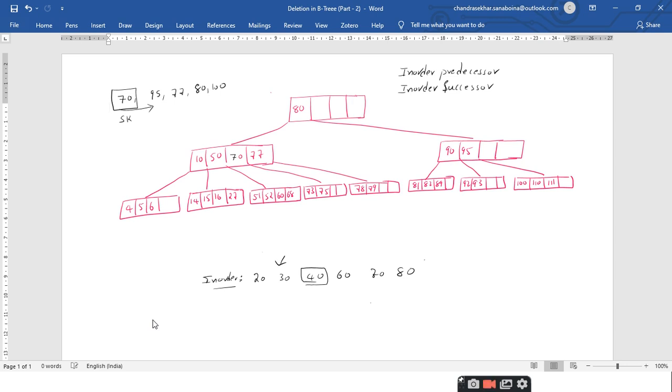Super. And what is the in-order successor? Successor is the element which comes after that element. 60, sir. It is 60. So this is successor and this is predecessor, right? So this is the in-order of a BST. That is the reason why I have listed the elements in ascending order.